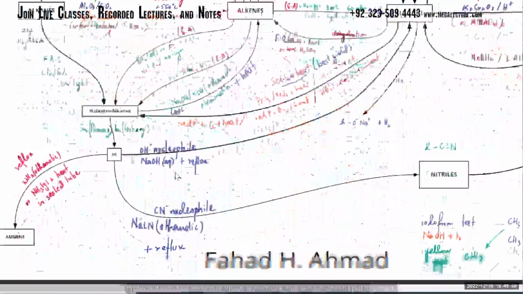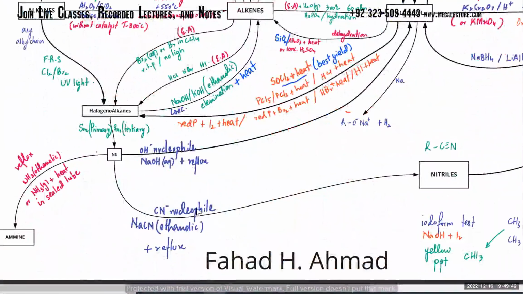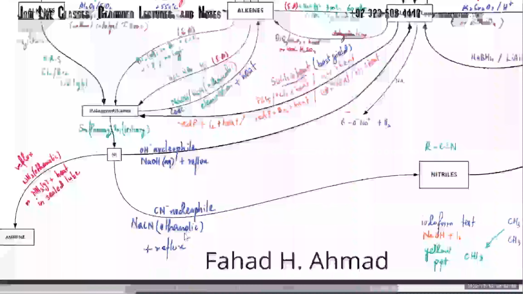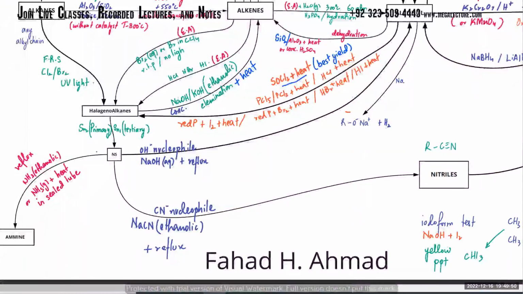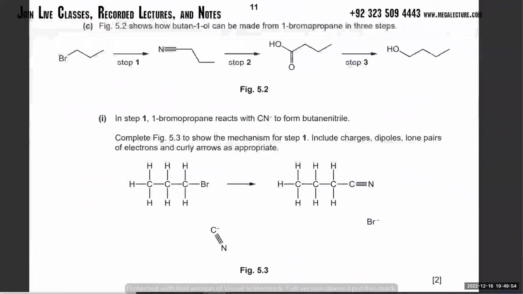अच्छा, तो क्या करना था? Halogen and you want to put CN in its place, it will become a nitrile. ठीक है, so halogenoalkane will turn into a nitrile with NaCN, ethanolic, and reflux. That's what your conditions are going to be for this reaction over here, कि CN आ गया Br की जगह।